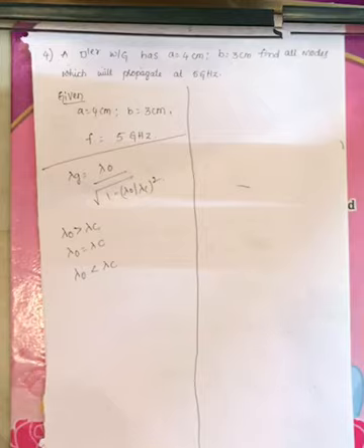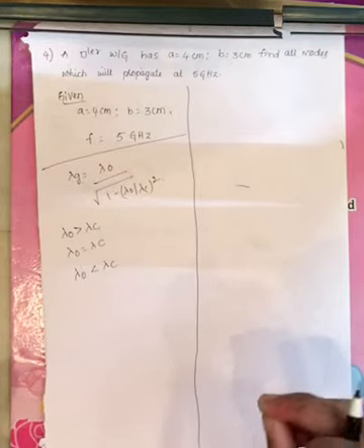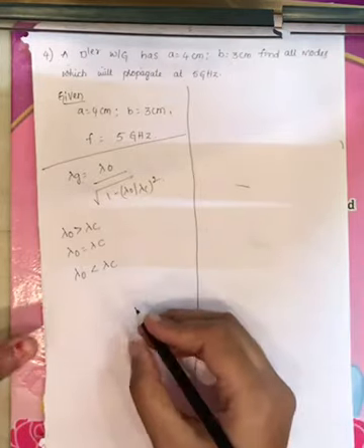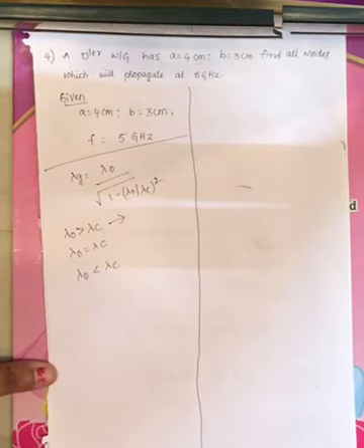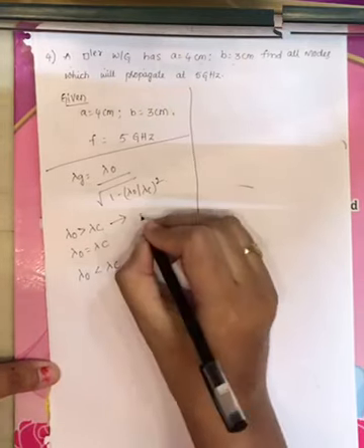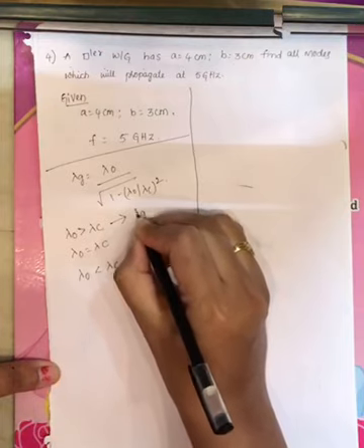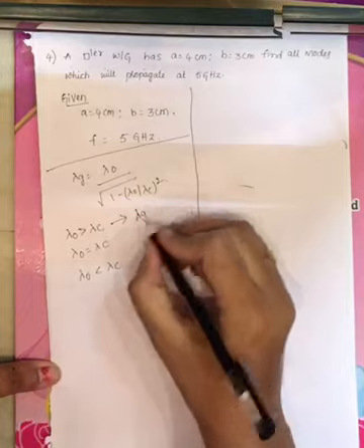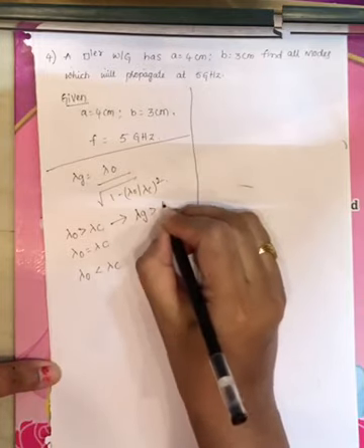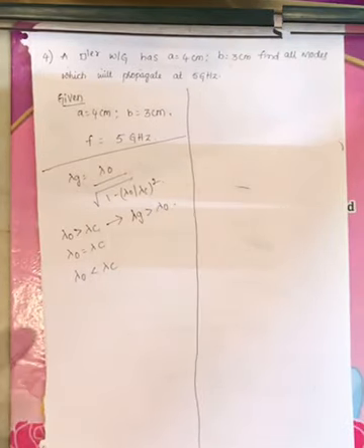Now what happens if lambda naught is greater than lambda c, lambda naught equals to lambda c, and lambda naught less than lambda c? Now what happens when lambda naught is less than lambda c, right? You will get lambda g, right? When lambda naught is less than lambda c, you will get lambda g that is greater than lambda naught, right?